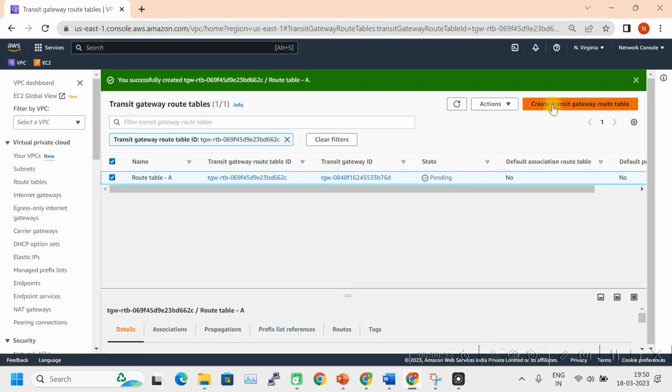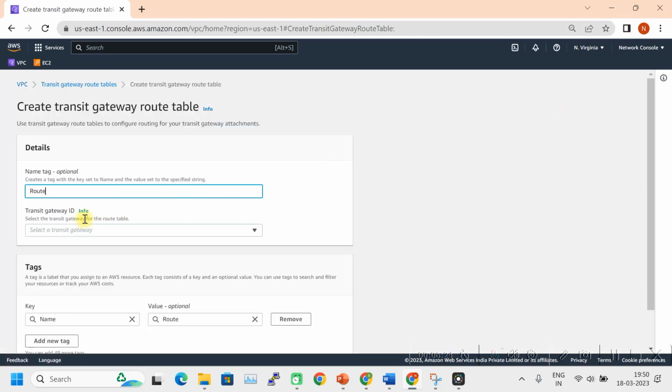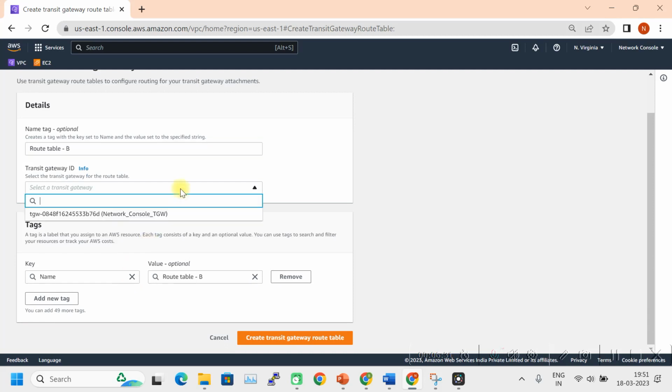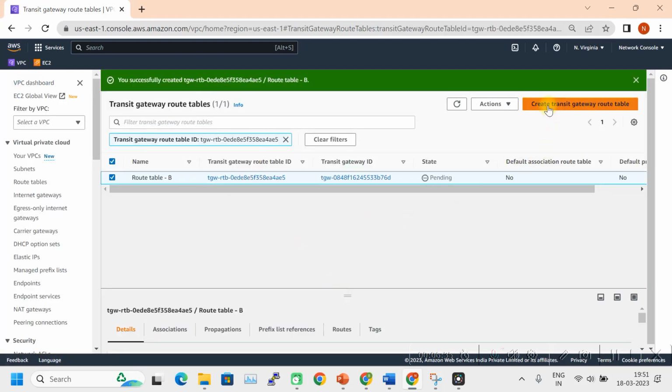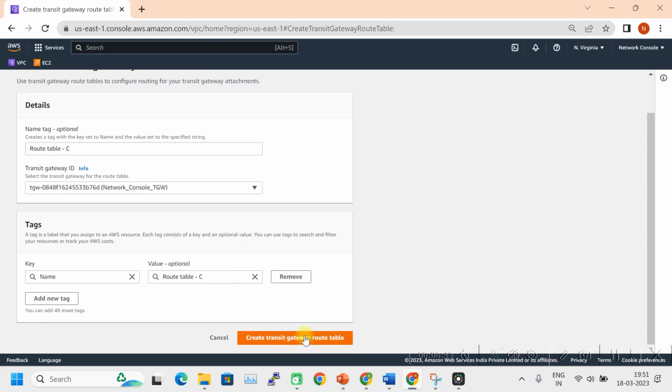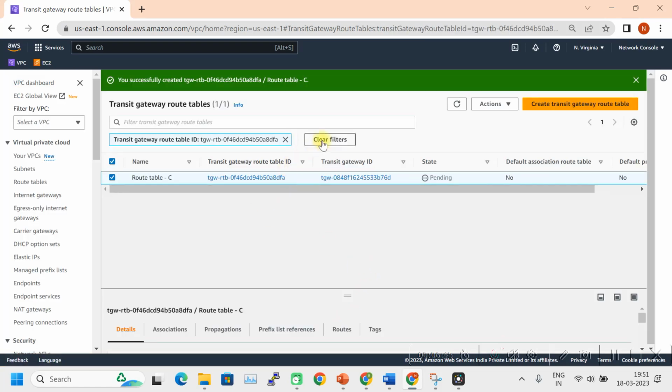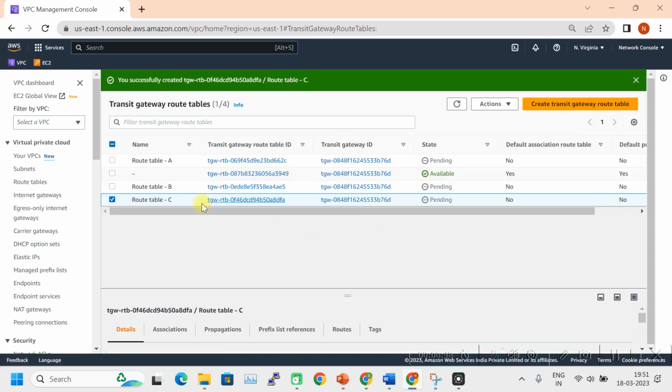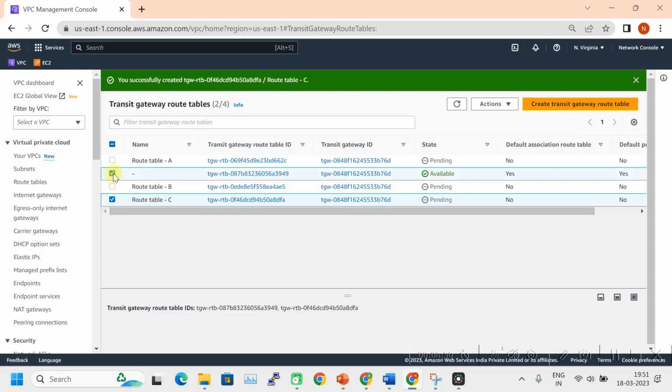Let me create another two route tables as well. Route table B, select the transit gateway, create. Then create another route table, route table C, select the transit gateway, create. If we clear the filter, you can see 4 routing tables, but one is a default routing table